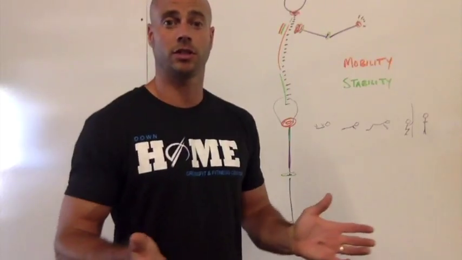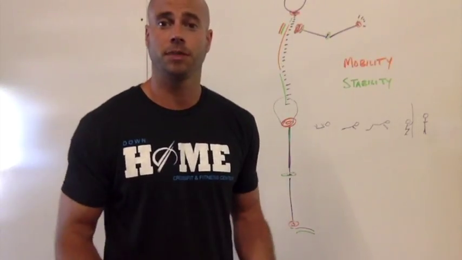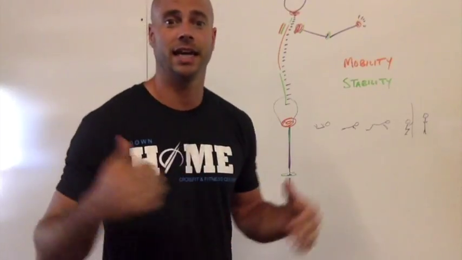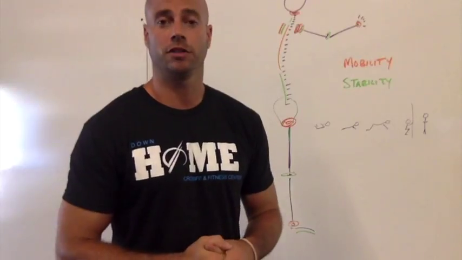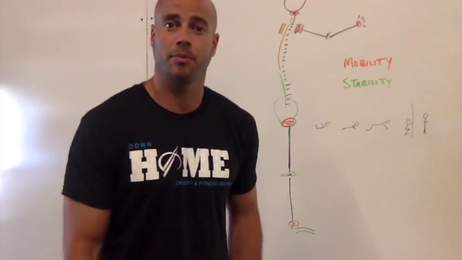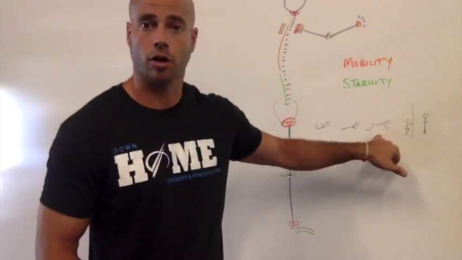Eventually you get to the point where you start to push yourself away from the floor with your arms, so now you're developing some pushing pattern stability through the chest, the shoulders, the triceps. Again, you're going to develop a little bit more curvature through your back. Then you get the core control and the hip stability to be able to pull your legs up under you. Now you're on all fours. So you're in a crawling position.